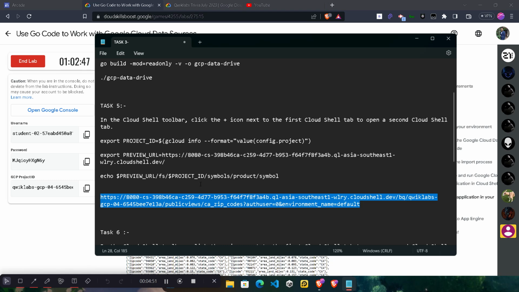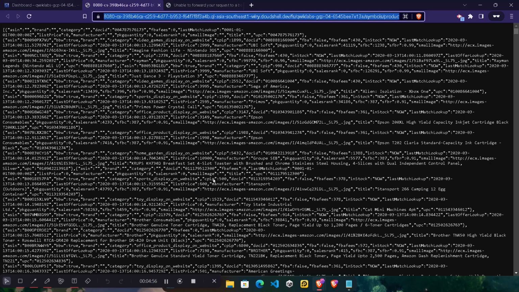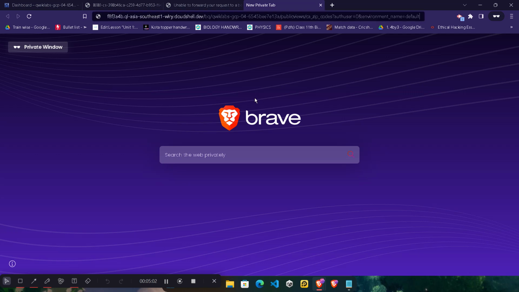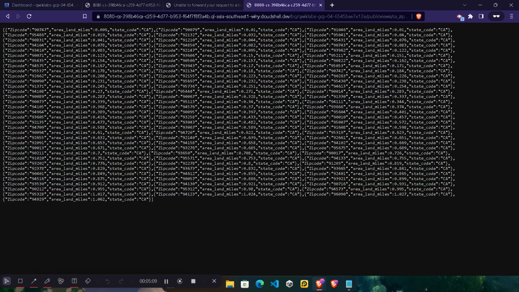copy it, and simply come back to the shell here and click on this plus button. We are under the incognito mode. Paste the command that we just copied, the URL that we just copied, hit enter and wait for the result. It will take a couple of seconds. Wait for it, and make sure your page will look like this.